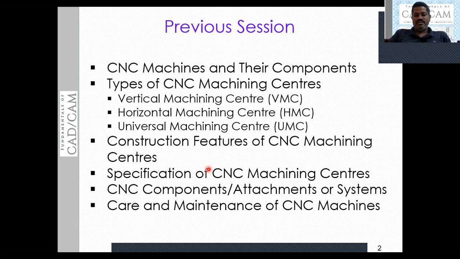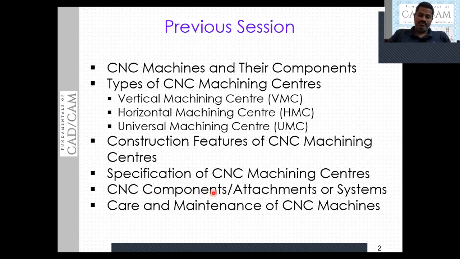Then we discussed the CNC components, in which we discussed the automatic tool changer. Then tool magazines were discussed. The function of the automatic tool changer is to change the tool whenever we want to replace the old tool. After completing one operation, we can engage the new tool with the workpiece. In that case, the automatic tool changer comes into the picture.